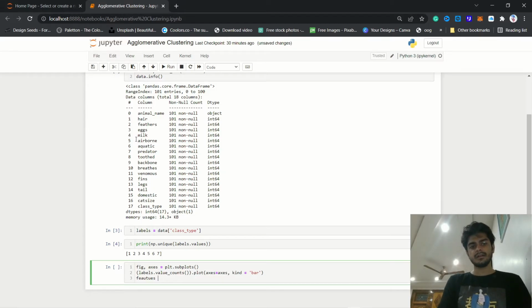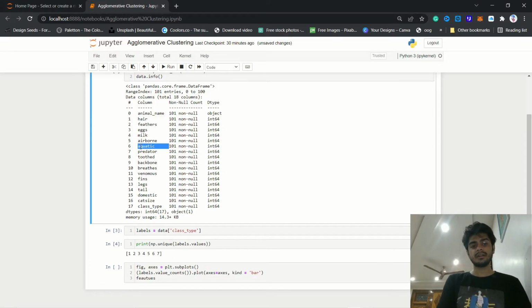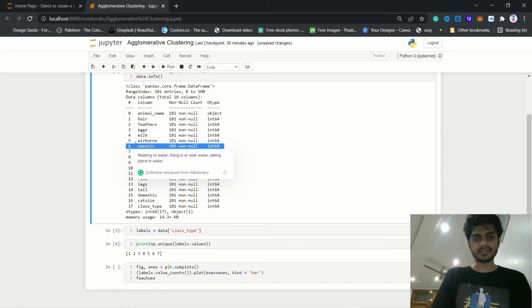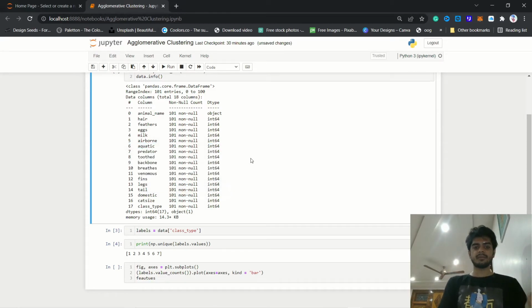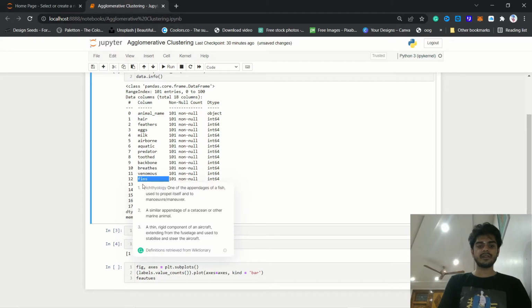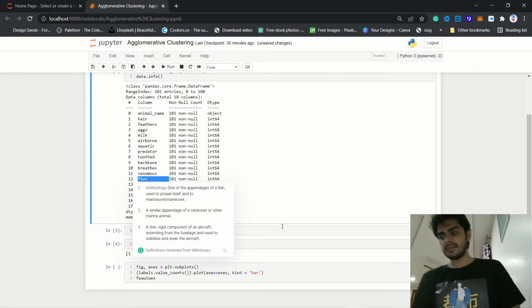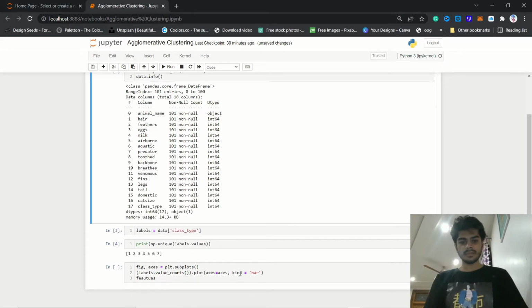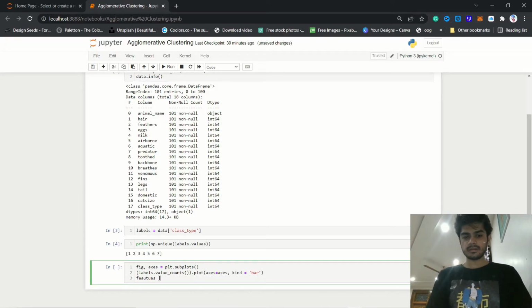Let's say there are aquatic type animals, that is a feature: animals who are aquatic in type, who are predators, who have fins, who have legs. So we can say features, and that is a variable, and it will store data dot